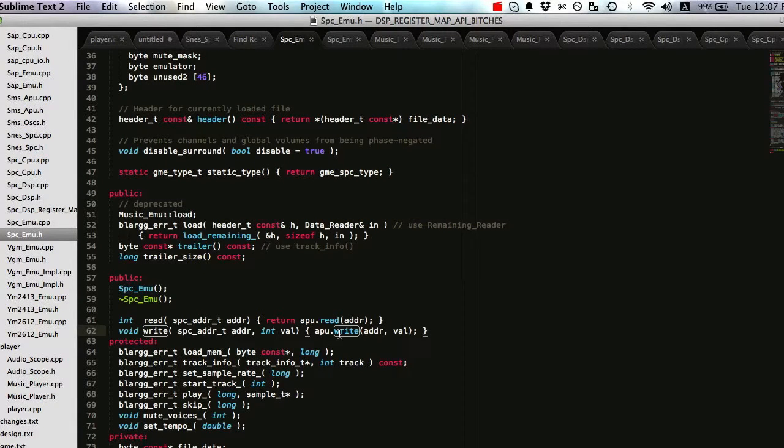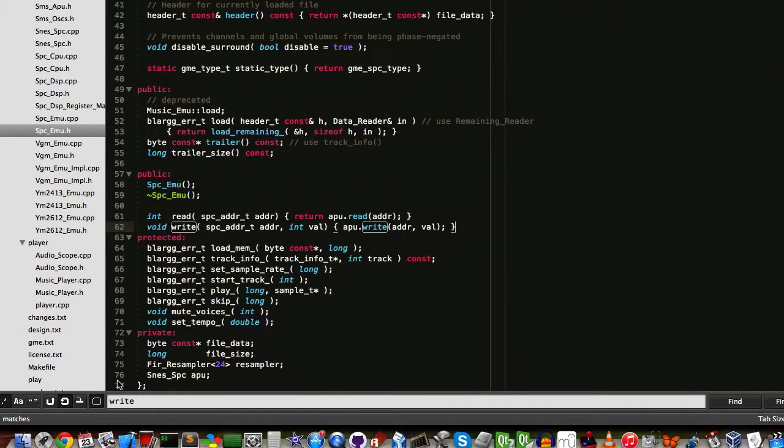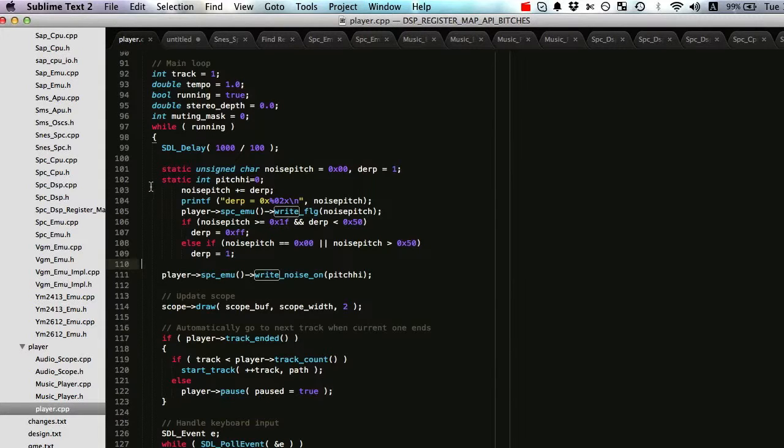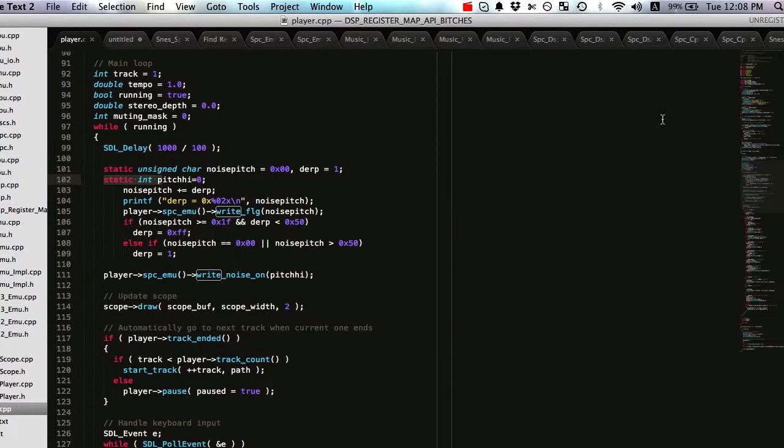That's good. And then I made a video of an example where in player I just added some simple logic to, well, let's take a look at it. I adjust a noise DSP register, which takes a range of 0 to 20 hex, to adjust the pitch of the noise channel. So I have this automatically sweeping the whole range of the noise pitches every 10 milliseconds. And as that's getting swept,